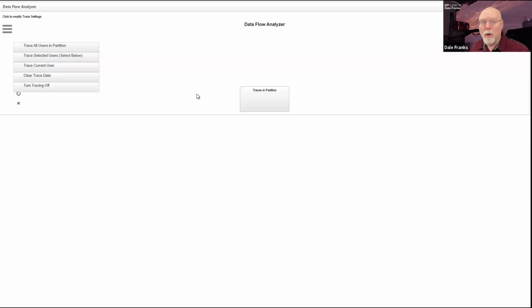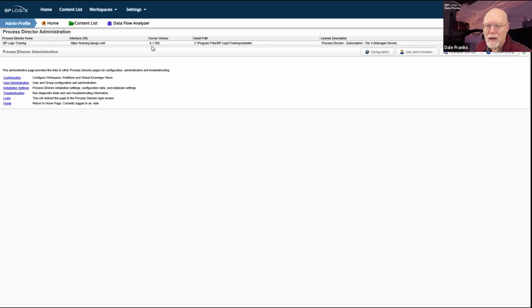Still, if you're running any sort of database-based custom tasks, or you have some set form data, even those that are pulling business values, and you want to see exactly what is going on in the background of your system in terms of the data that you're pulling, having the data flow analyzer available to you is super convenient. So it's great to have it just as part of your homepage inside your IT admin. I keep calling it IT admin. It's the admin profile workspace. So I would make those little changes right off the bat.